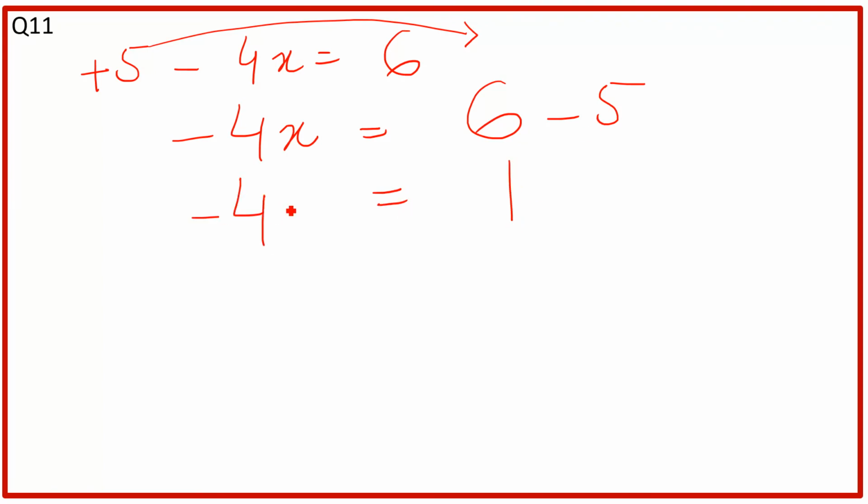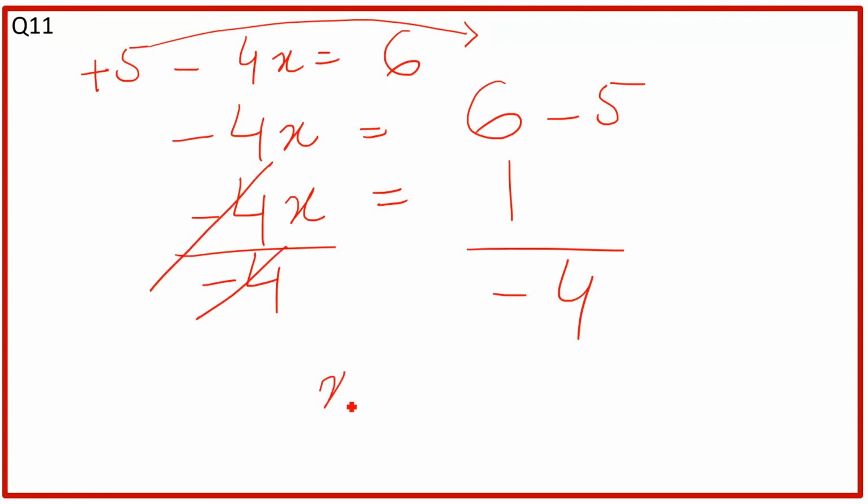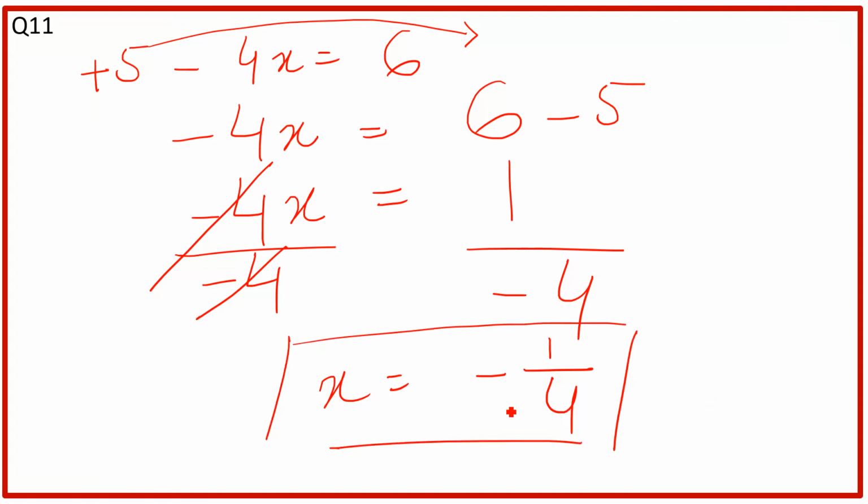Here we have negative 4x, but we want only x. We do not want negative 4. So what you want to do here is divide by negative 4, or simply you can take the 4 as negative there, but you can do it like this. So this negative 4 will cancel each other. x is equal to negative 1 over 4. So again we have some value of x. x is equal to negative 1 over 4. It means it is a linear equation.